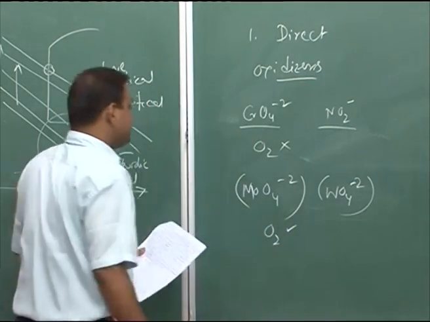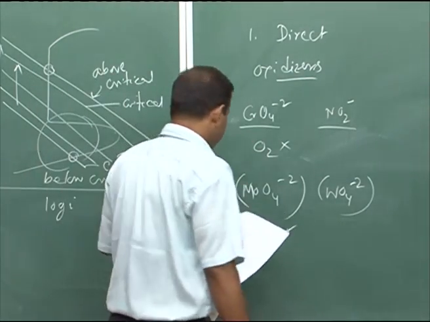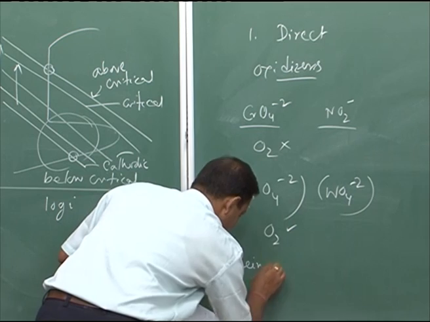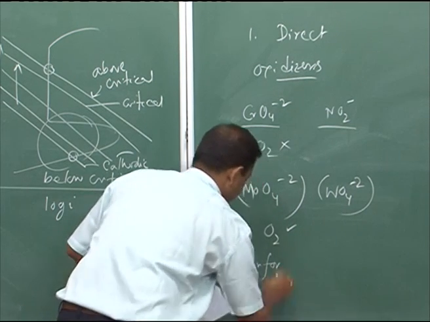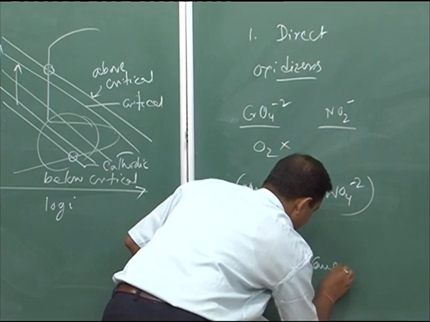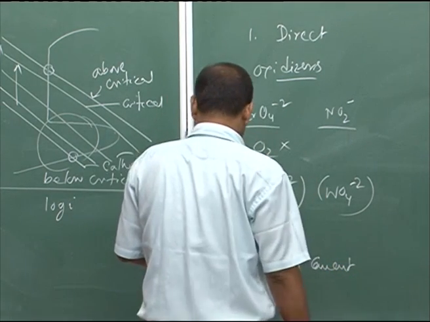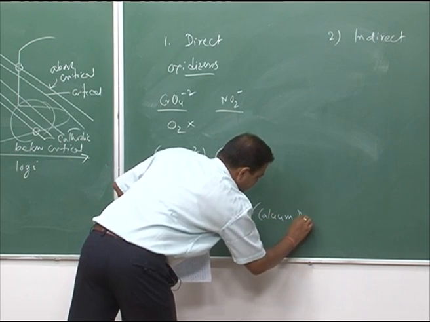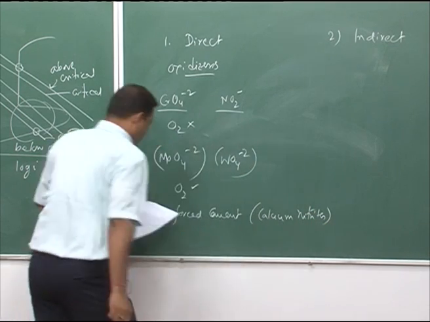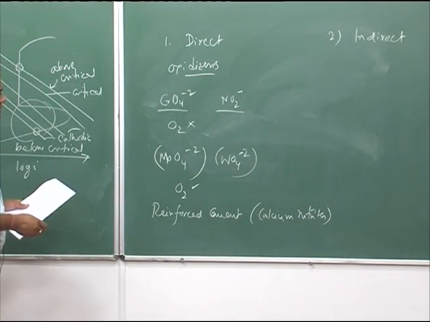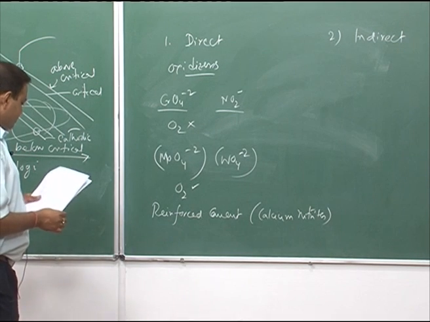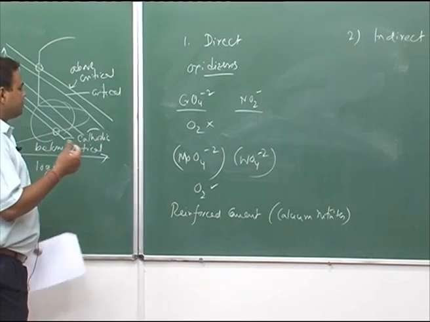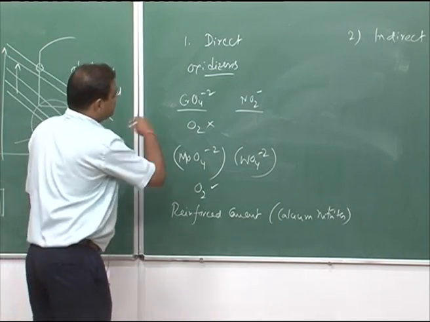to passivate, and the uses are basically in reinforced cement, where calcium nitrite is used. Or it can also be used in automobile antifreeze, where sodium molybdate protects the iron as well as copper, brass, and others. So, these are the uses. And indirect,